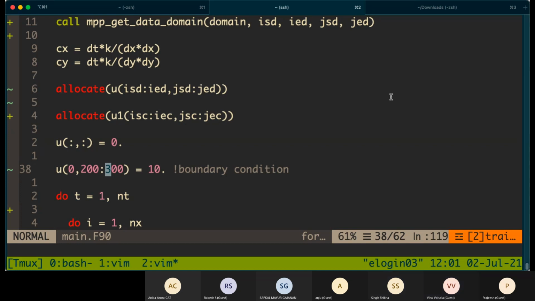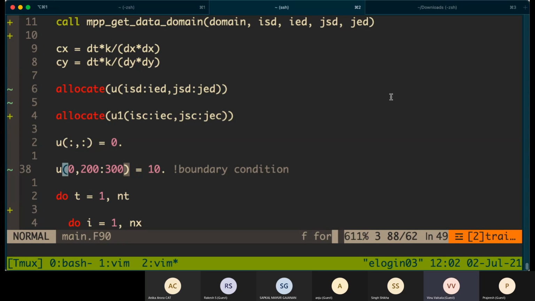It will be in the processors in the middle. Only those processors will have these index values. So if we just give it like this, definitely there will be an error.